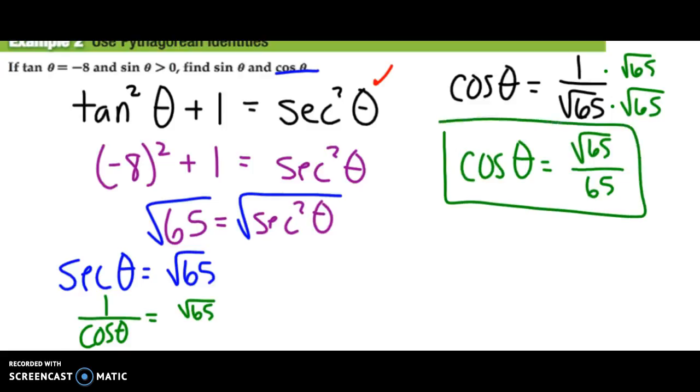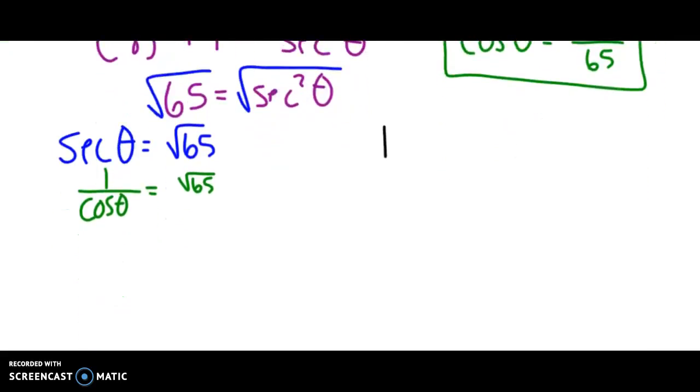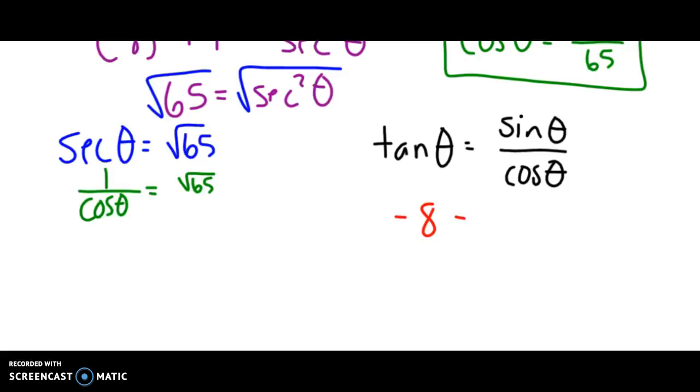There's my first one. Now, to find sine, the nice thing is that remember tangent is going to be equal to sine over cosine. So we'll write that. Tangent of theta is equal to sine of theta over cosine of theta. So, since tangent is negative 8, and we don't know sine of theta, but cosine of theta is the square root of 65 over 65,